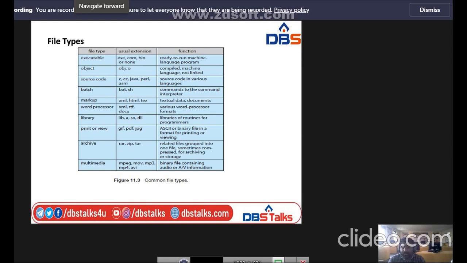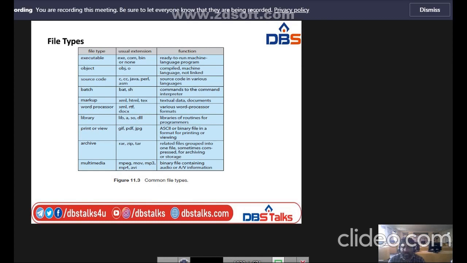The system uses the extension to indicate the type of the file and the type of operations that can be done on that file. Here we have different file types along with extensions and functions. If it is an executable file type, then the extension is exe, .com or bin,